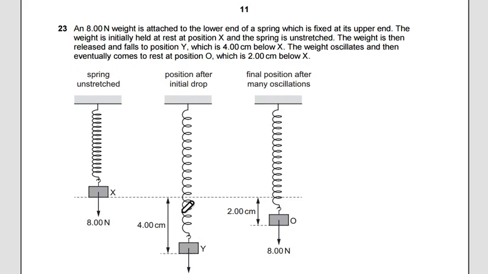So elastic energy here is the same as delta GPE, which is mass of the object times g times delta h, 0.04, mg is 8, so 8 times 0.04, which is